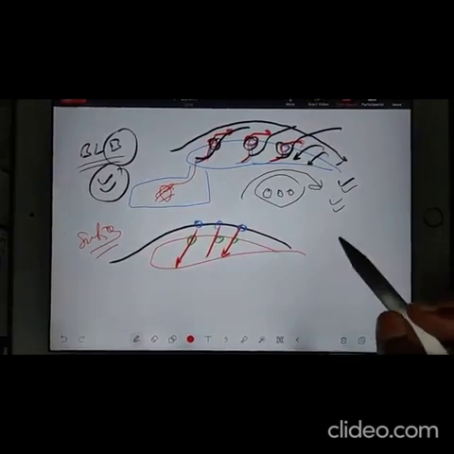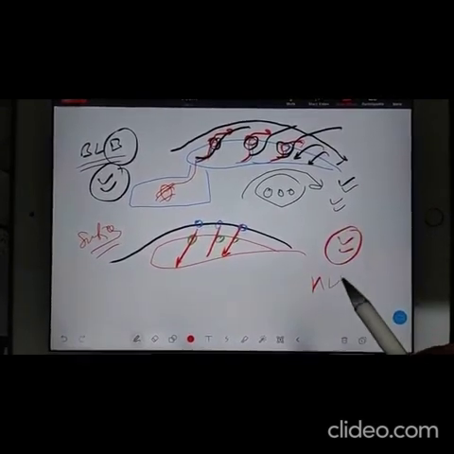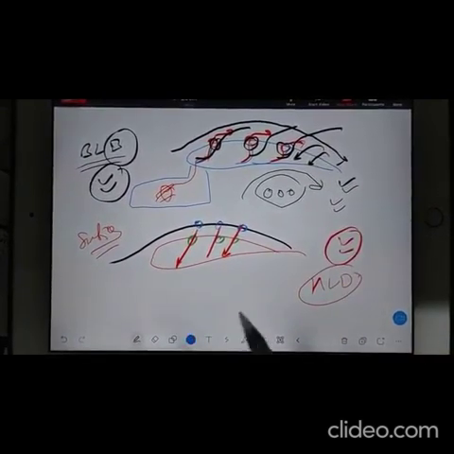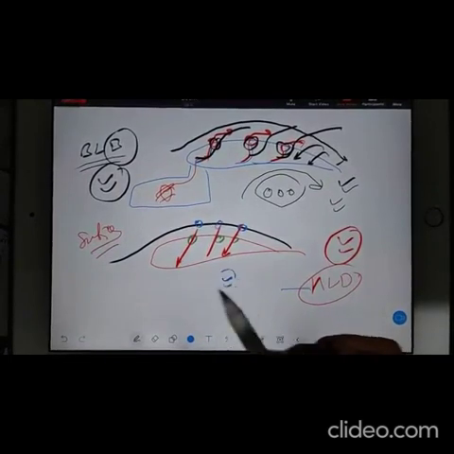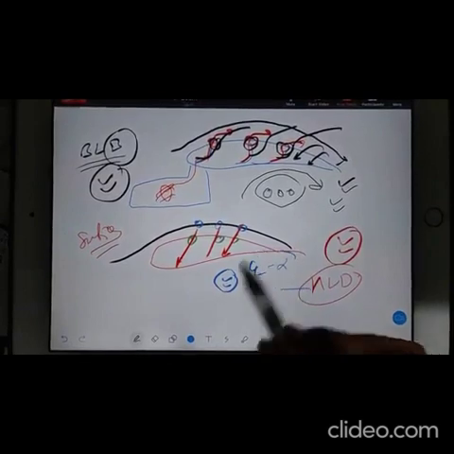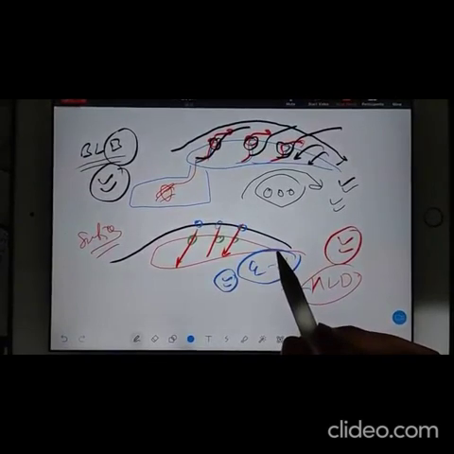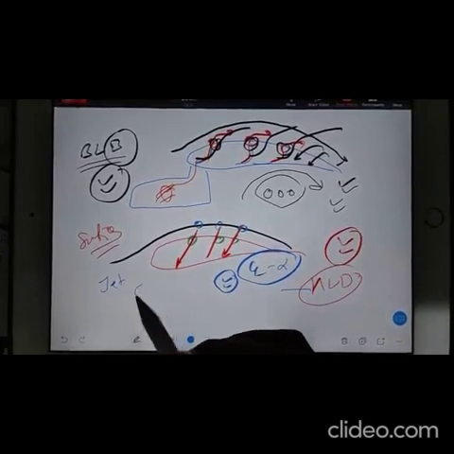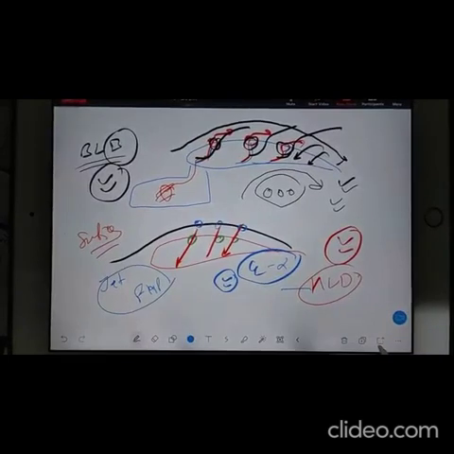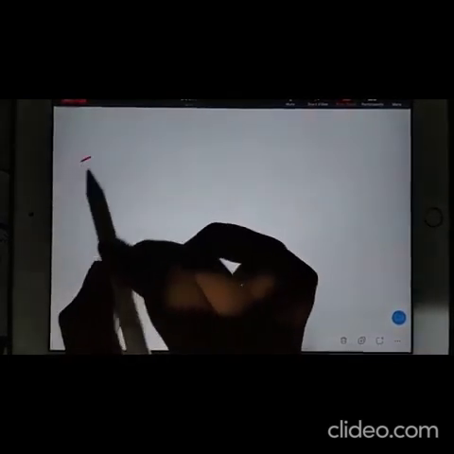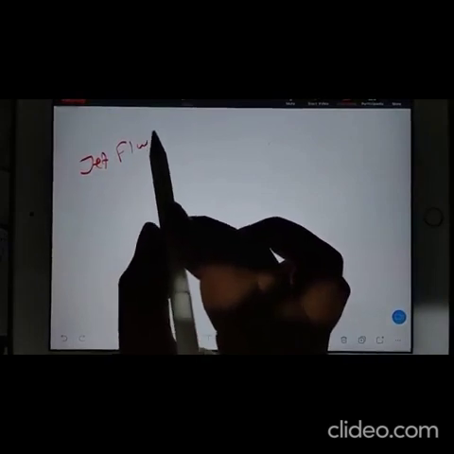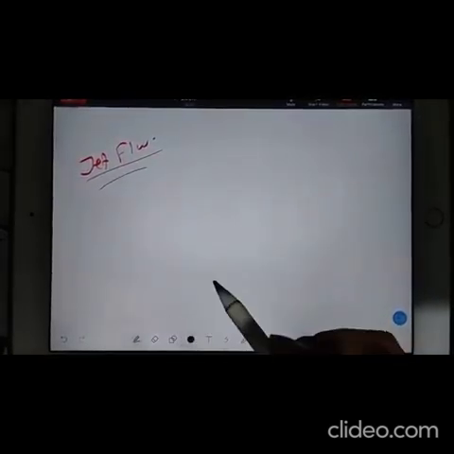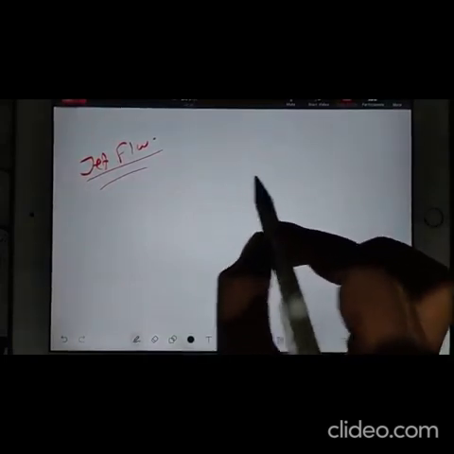So that's all. Whenever we have to discuss high lift devices, we have to discuss all types of flaps and their CL alpha curves. There is an extra flap that is known as the jet flap. Jet flap. I will change the page. Jet flap, J-E-T. What is a jet flap? See, it looks like this.